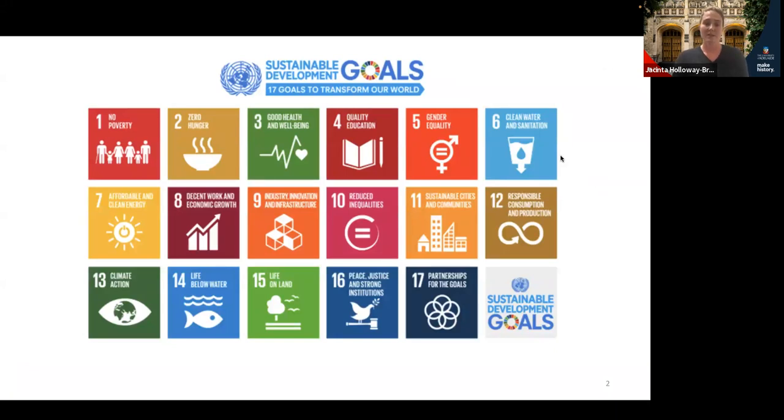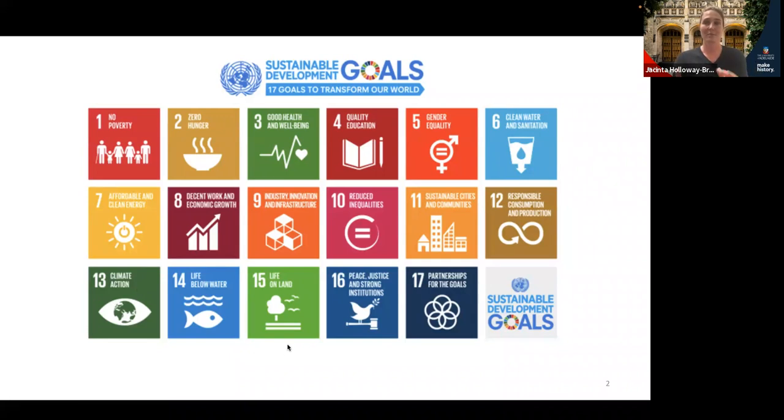So the motivation for this work has actually been a long time coming. I've been working with the United Nations in various different capacities since 2015. And they have these Sustainable Development Goals, which are goals that the UN and World Bank would like all countries to reach by 2030. As you can see on the slide, these are some very big ticket items that they're aiming towards. For example, no poverty, zero hunger, climate action, very big and topical goals.